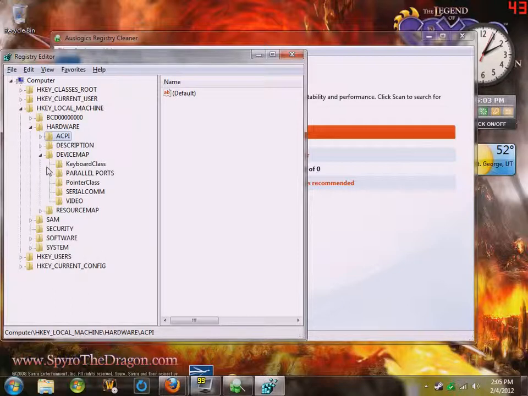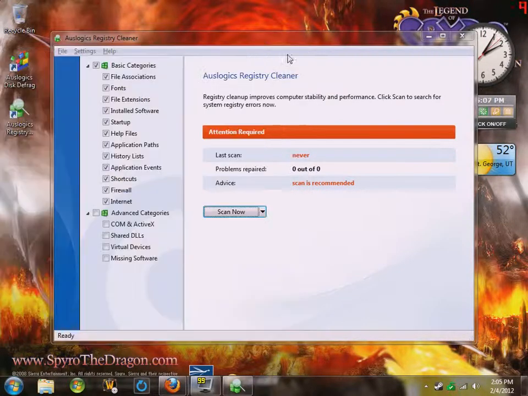There's like over a ton of these registry files. This cleaner makes it so it'll detect any problems with your registry and automatically fix it,